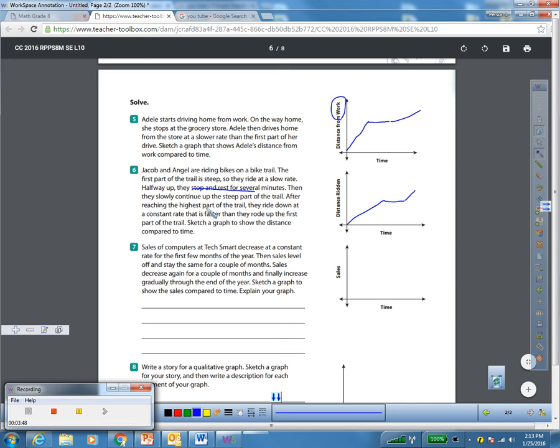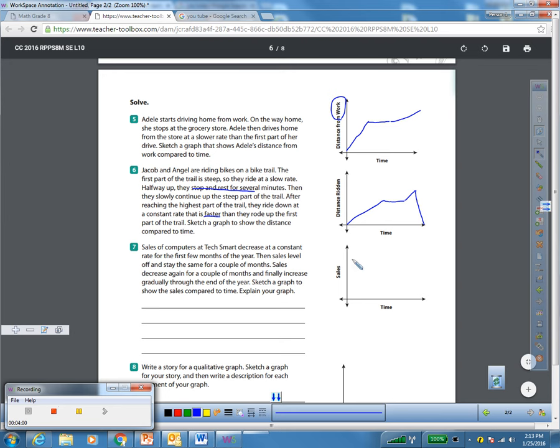After reaching the highest point of the trail, they ride down at a constant rate faster than they rode up the first time. So riding back down is a pretty steep slope all the way to the beginning part of the trail. Cool. And then the last question, sales of computers at TechSmart decrease at a constant rate for the